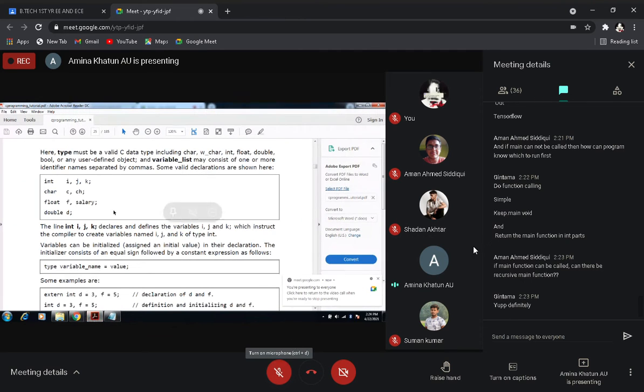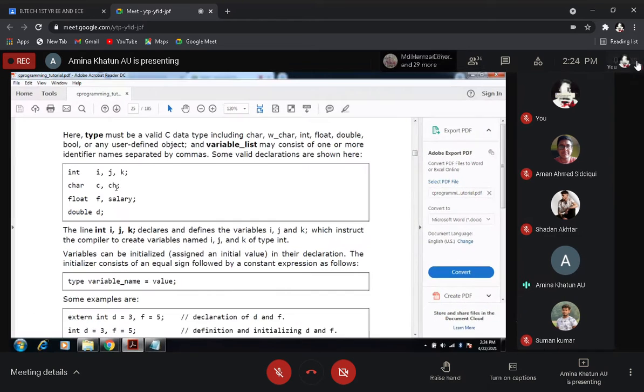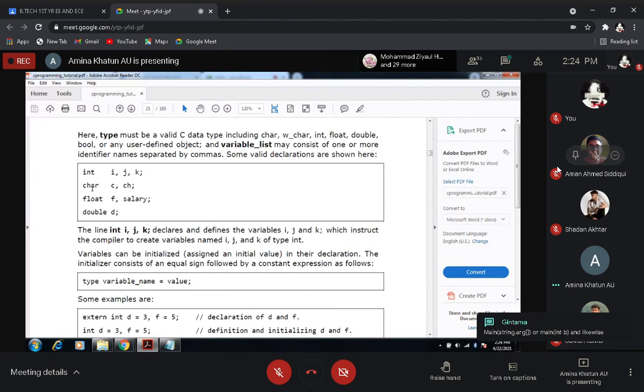And in C language, if you do not maintain the syntax properly, it will generate an error during compilation. So these are some valid declarations of variables. Here there are two different character type variables, c and ch.